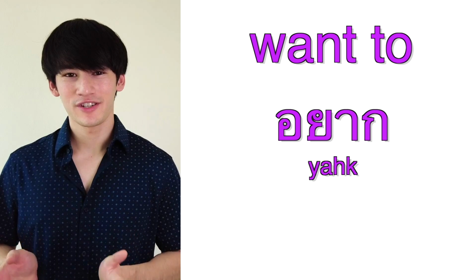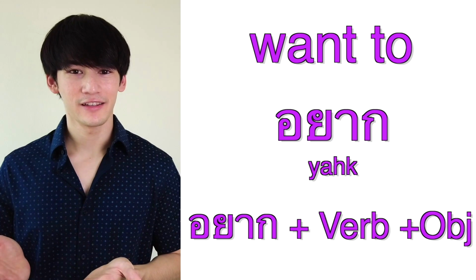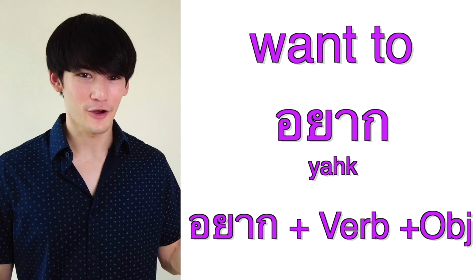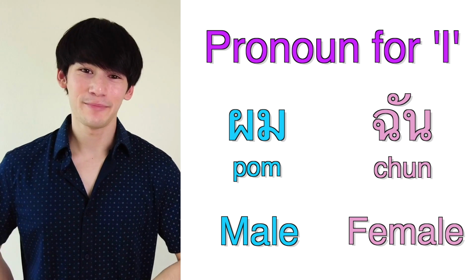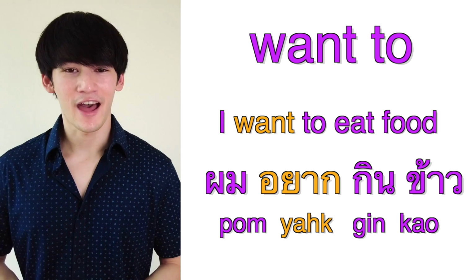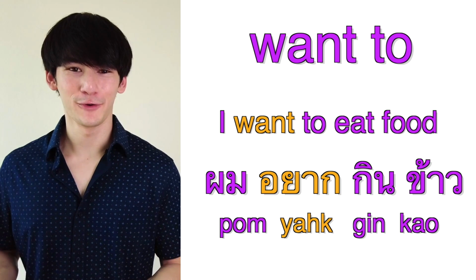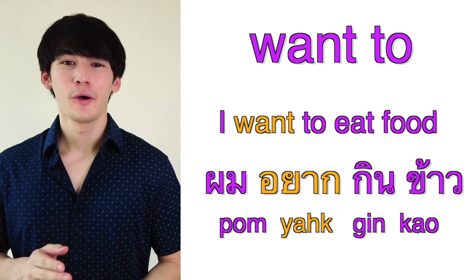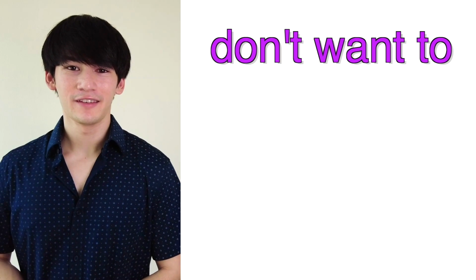Now let's try and use it in a sentence. So the basic sentence structure in Thai is the same as English. It's subject, verb, object. So อยาก is followed by the verb, which is then followed by the object. So now let's use it in a sentence using the pronouns I taught in Basic Thai 3. If you guys haven't seen Basic Thai 3, please use the link above and check it out. If I want to say I want to eat food, I would say ผม meaning me, อยาก want to, กิน eat, ข้าว food. So let's join it all together. ผมอยากกินข้าว